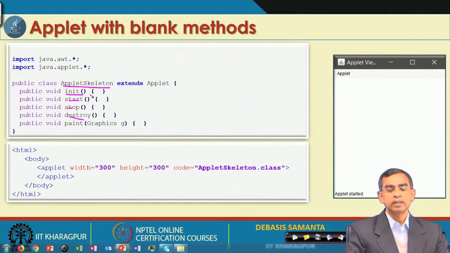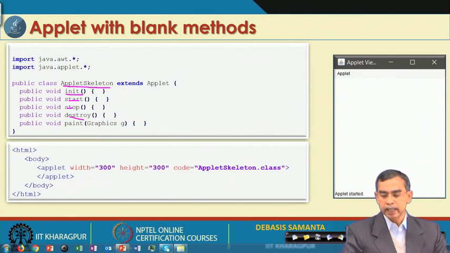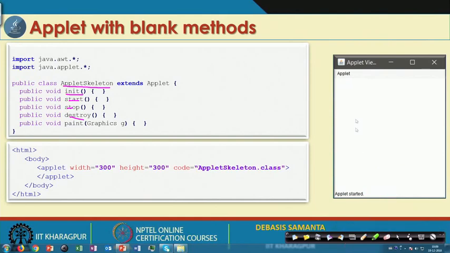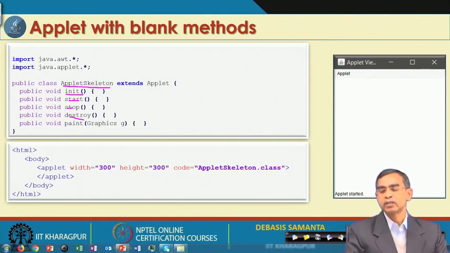If we run this applet using an HTML applet code, as you know how to run it, this shows an output here. This is the applet area, and there is no content; the applet is just like a dummy applet, it is not doing anything for us, it is just viewed only.